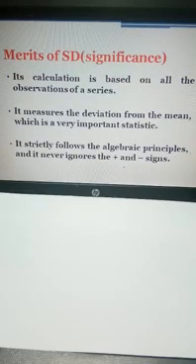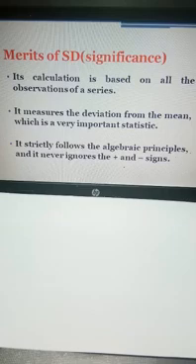So next we will discuss a few points regarding the merits of the standard deviation. A very important question for the exam is, sometimes it is asked, what is the significance of the standard deviation, what are the merits of the standard deviation, and sometimes they can ask which is the best measure of dispersion. Okay, you can say standard deviation is the best measure. So how can we say it is the best one?